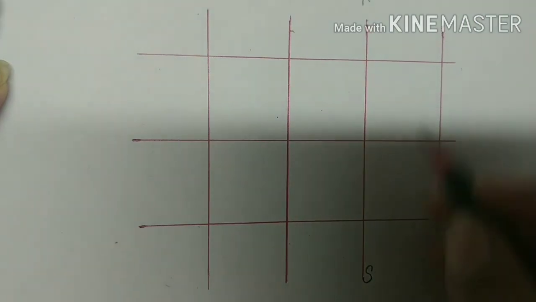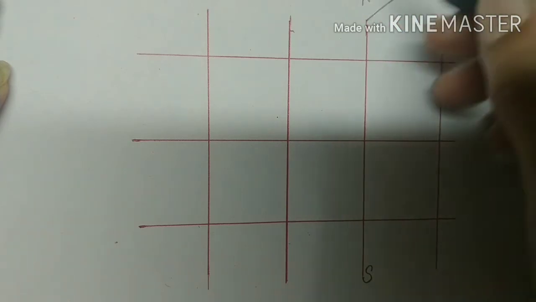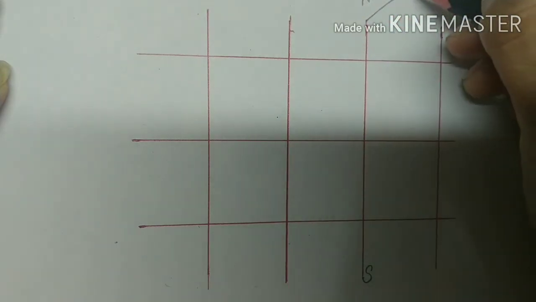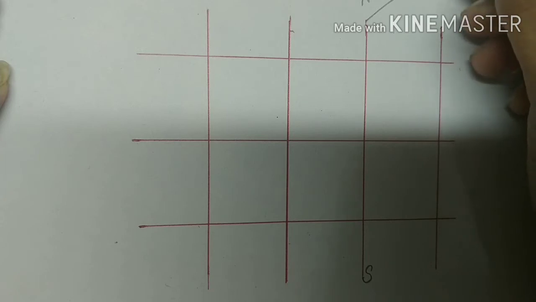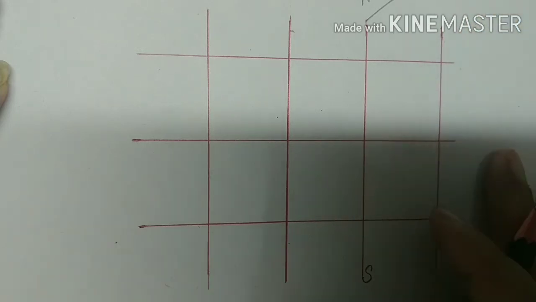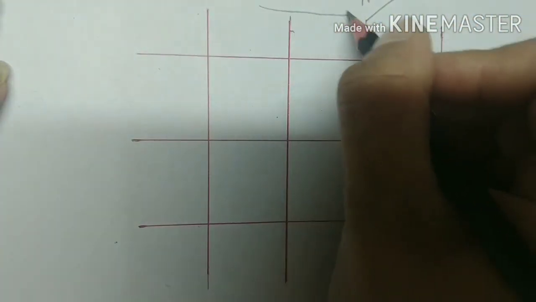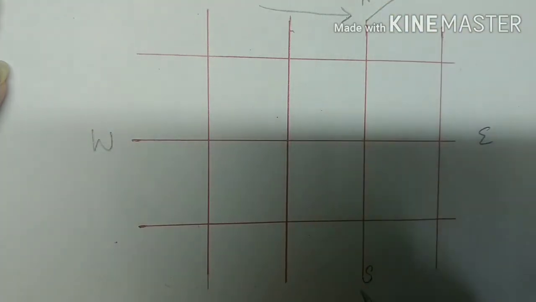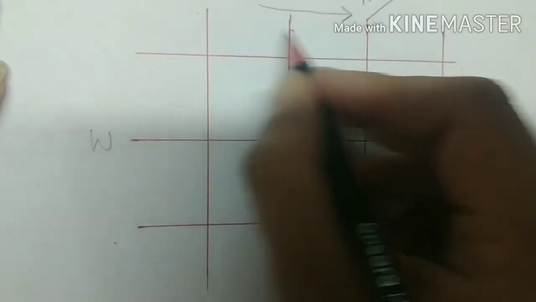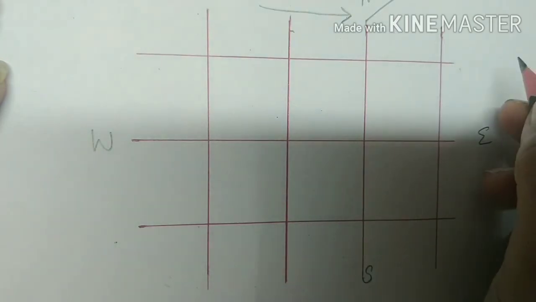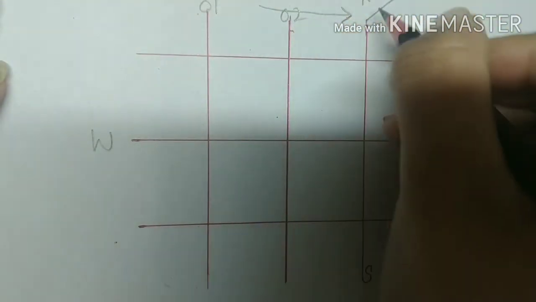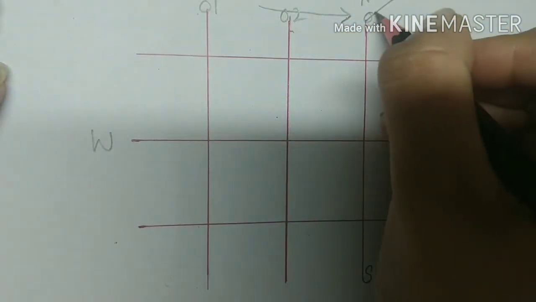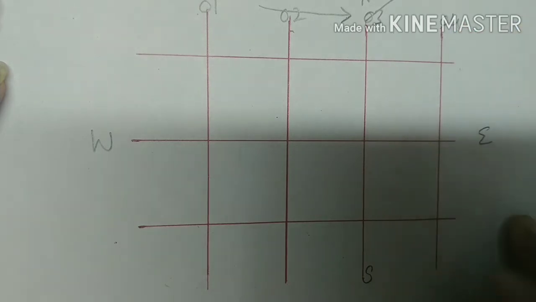Those lines are called the easting lines. Which lines run from north to south? That is called the easting line. Why are these lines called the easting lines? Because the numbers increase towards the eastern side. So this side is east, here is west, north and south. So numbers increase towards the east side. That's why it's called the easting. Like this, 01, 02, 03 and 04, and so on.